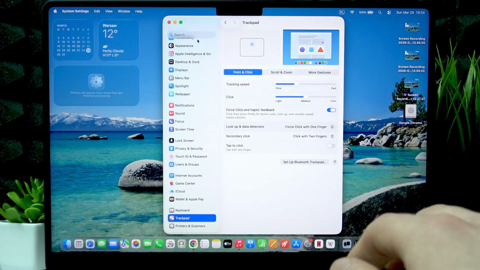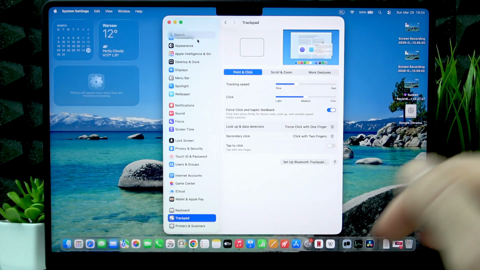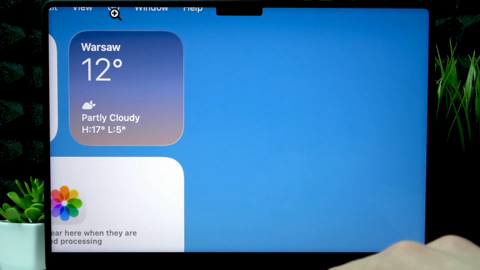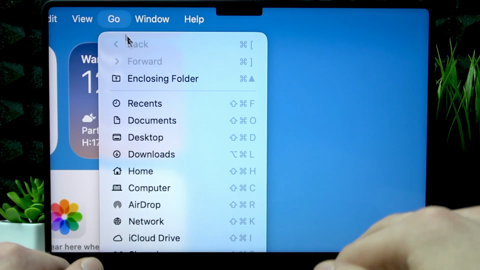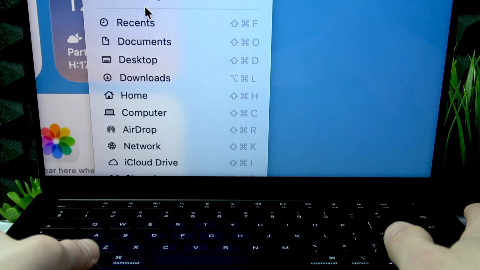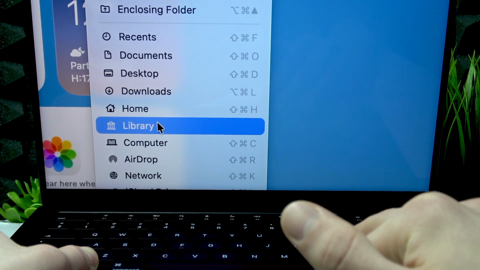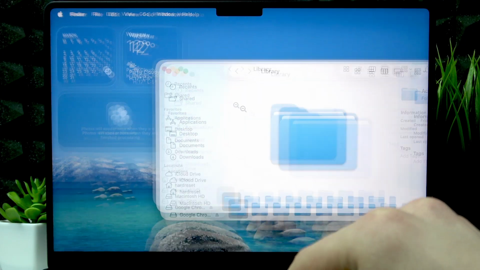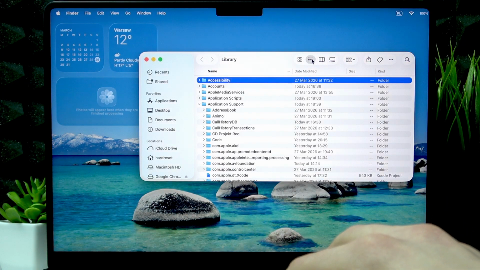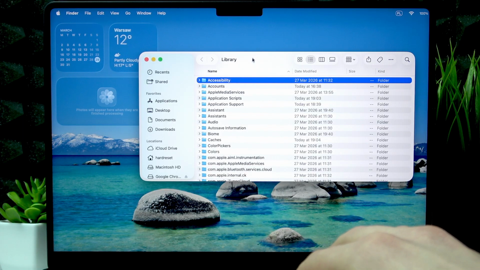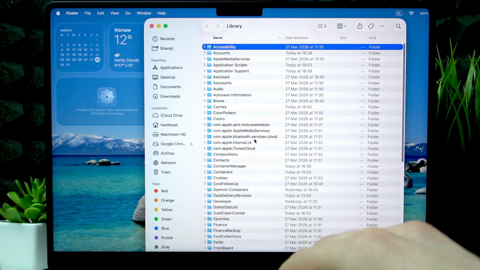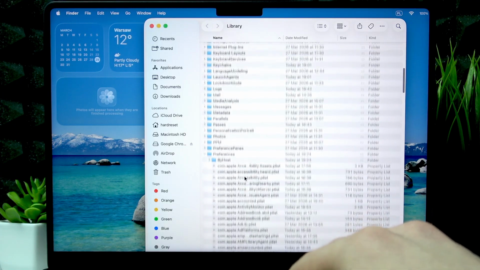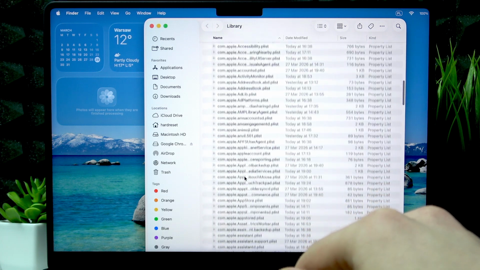Now the next thing is going to the Go on the menu bar. Now open Go, then hold down the Option key on your keyboard. This will make the library option appear. Click on it, and then we're gonna have to open the list view first of all, and then we're gonna have to find our preferences, and then in preferences you're gonna have to scroll down to